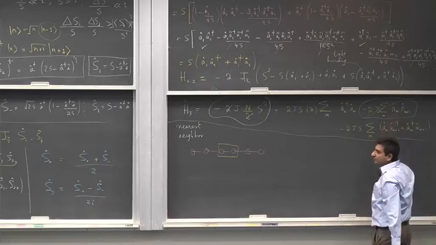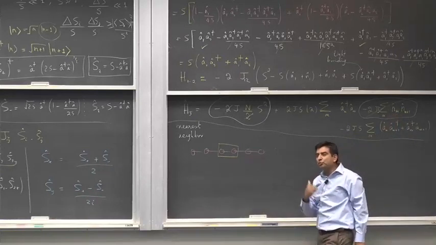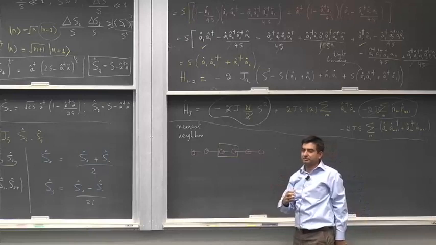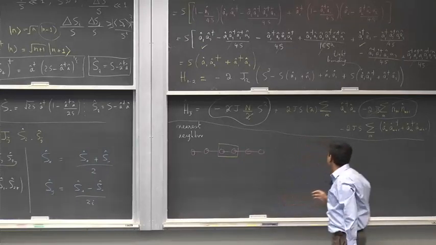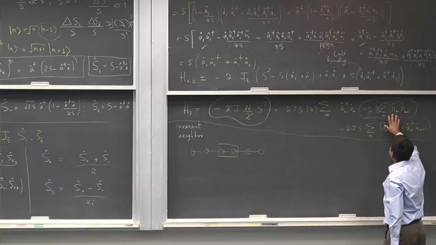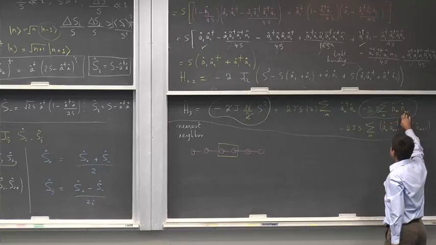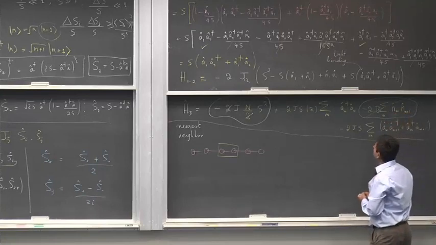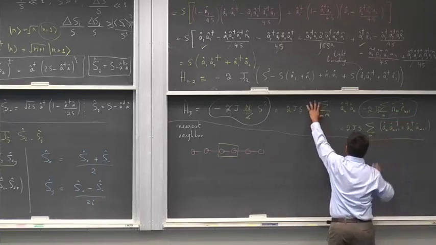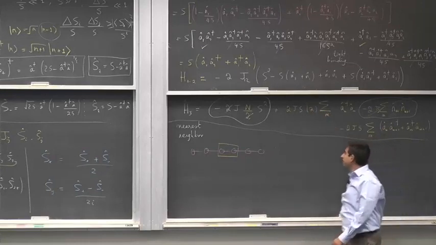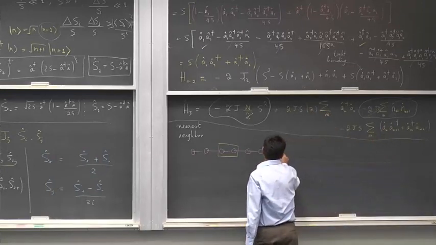This term, if you look at it from a physical perspective, represents a Coulombic interaction, because this is the population on the mth site, and this is the population on the m plus 1 site. So now basically I'm left with this term and I'm left with this term. So my simplified Hamiltonian becomes